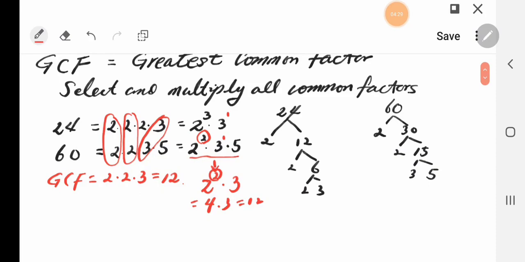So find the common factors. That means the base should exist in both numbers. If the base exists in both numbers, then that is a common factor. Then from that common factor, select the smallest exponent. Okay, so let's try an example. For this example 1,